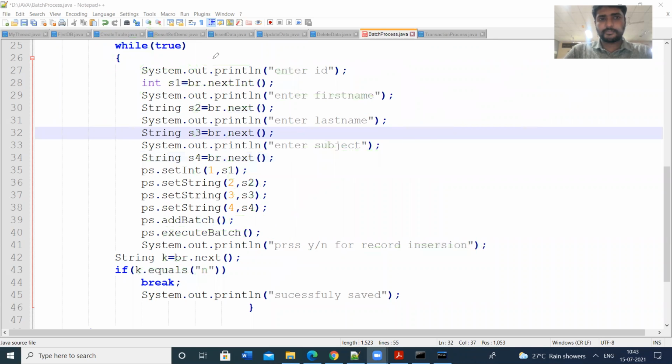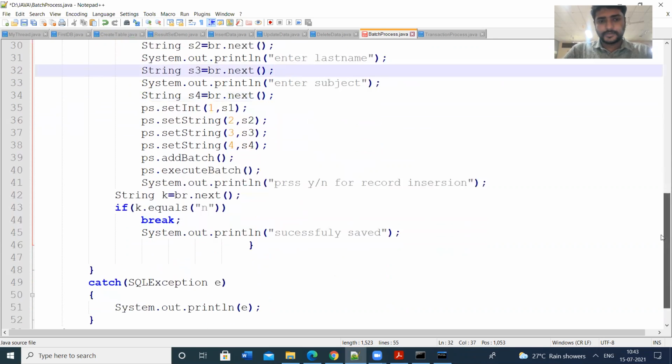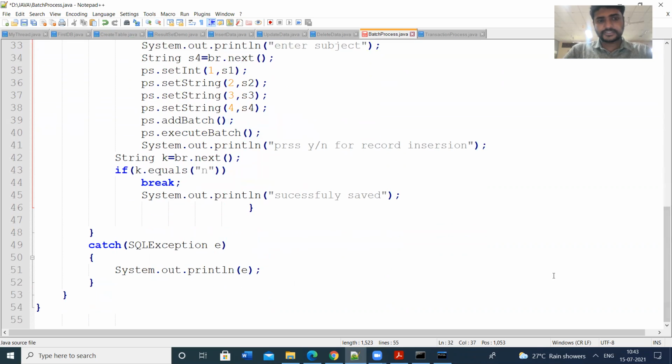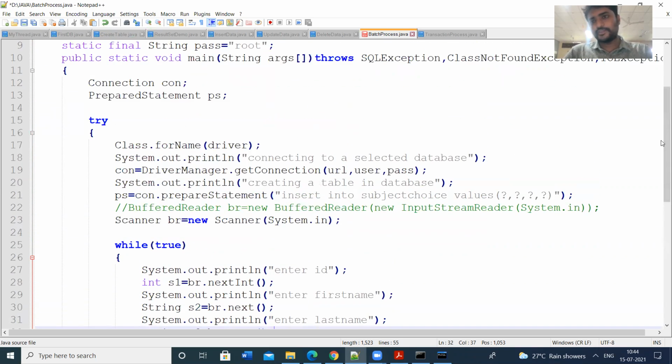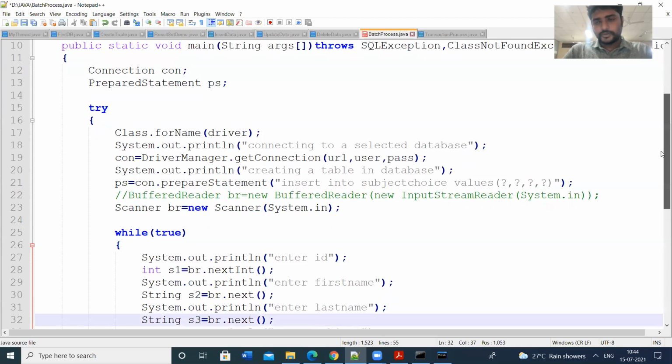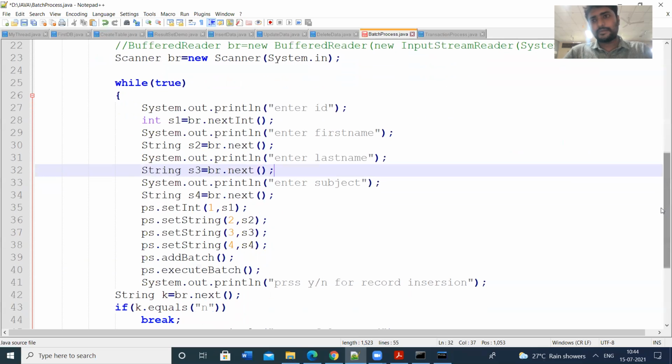This is how you can write the batch files. Then some printf statements and the catch block. This is how you can perform the batch processing. By using the prepared statements, we can perform the batch processing. To add to the batch, use the add batch method. To execute the batch files, you can use the execute batch method.